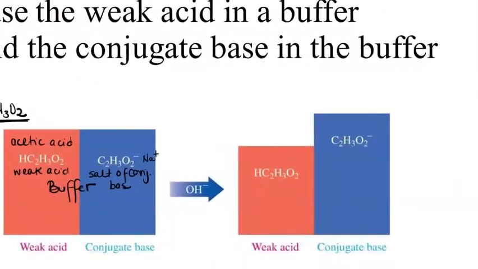So let's say that we start with the following buffer system. When we add base to the system, understand that what happens is that the base is a reactant, and that base is going to react with the weak acid in our buffer. So in the case of the example that we have is that it's going to react with